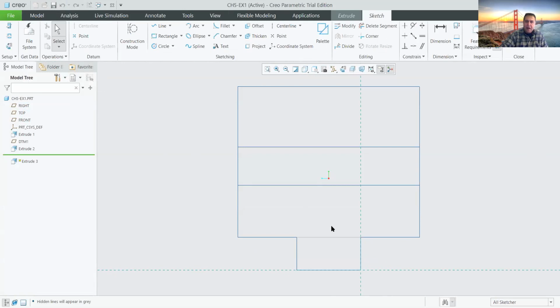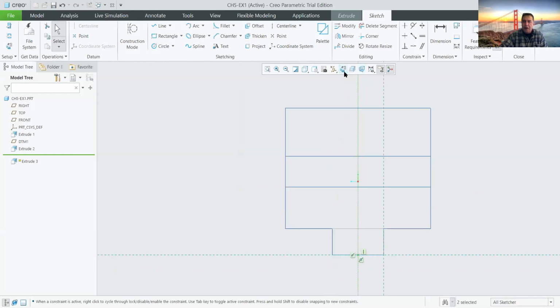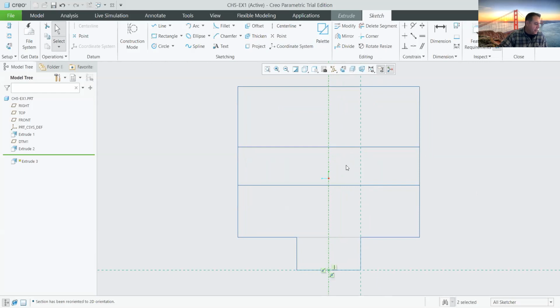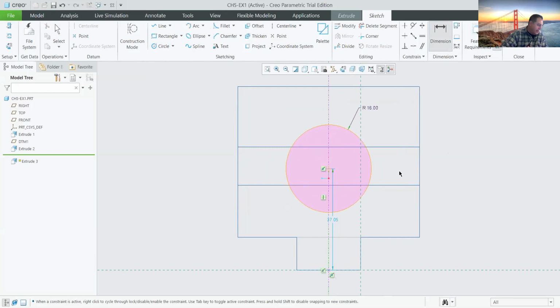Then next, I'm going to create a center line in here, and I'm going to create a circle at an arbitrary distance for the time being. If I just pick anywhere, there is a circle here, and the radius of the circle is 16. You click on the circumference and give a radius of 16. All right, there we go. And we know that the distance